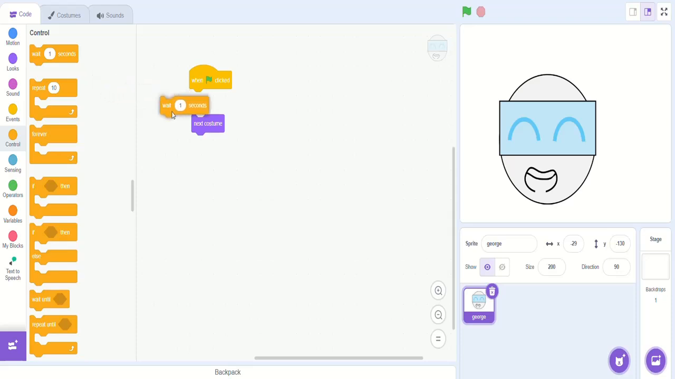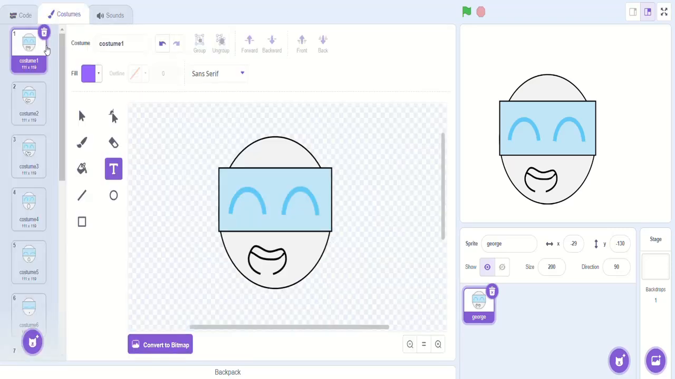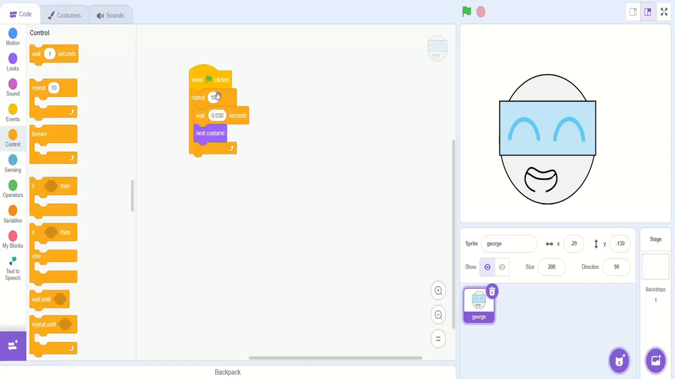control, wait 1 second and repeat 10 times. We're gonna change this because it takes a lot of time. 0.030 I think's the best. Let me see the sprite numbers. We have 13 sprites, so I guess now we have to repeat it to 13, and we're going to be